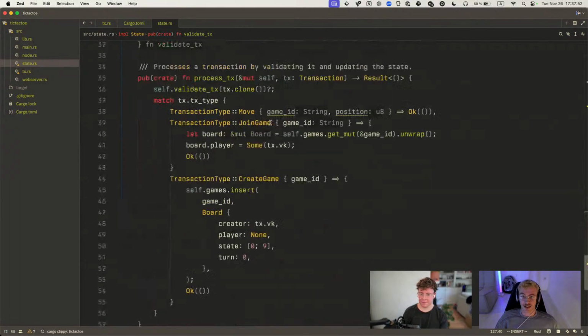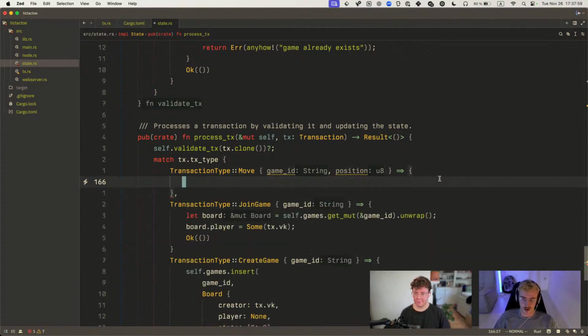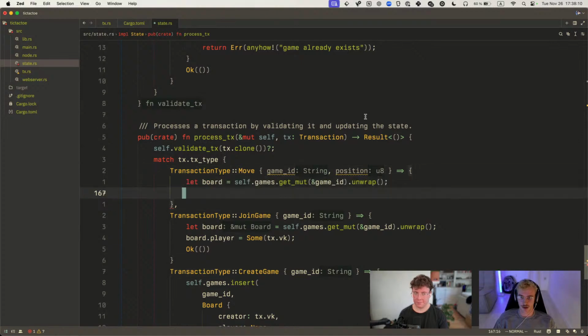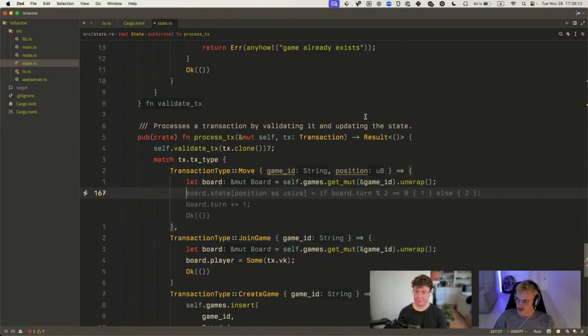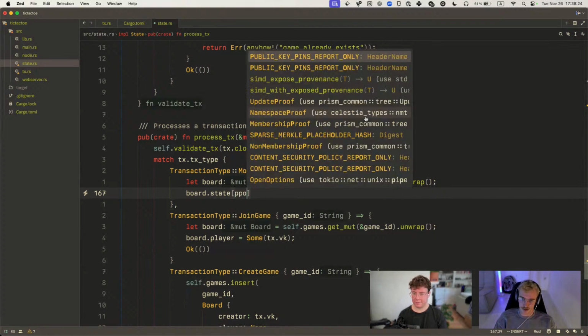So now we need to actually process this move, meaning we need to update the board state and increase the turn. First, in join game, we have to get the board as something mutable so that we can modify it. And then I'm going to try to ignore Copilot there. Now board.state is the actual place where the moves are stored. So we need to set